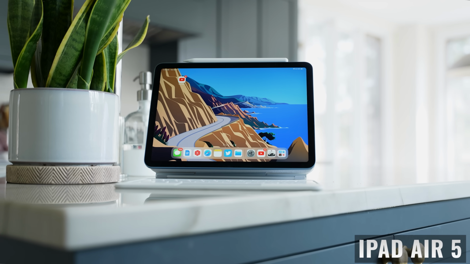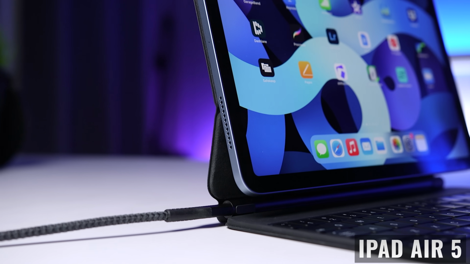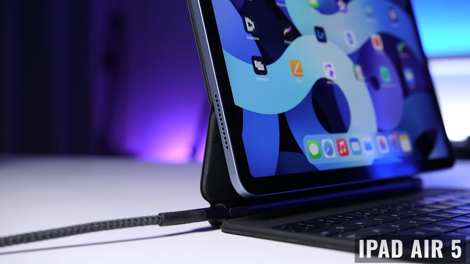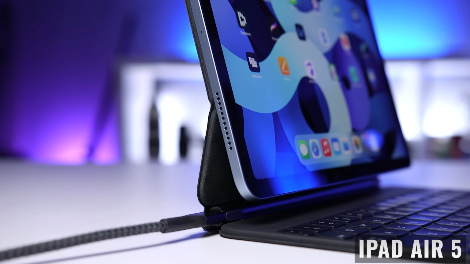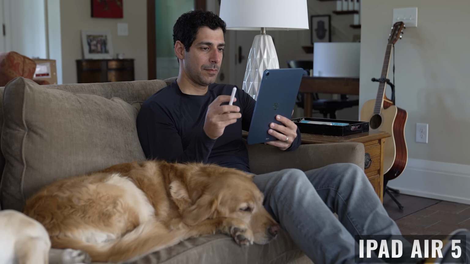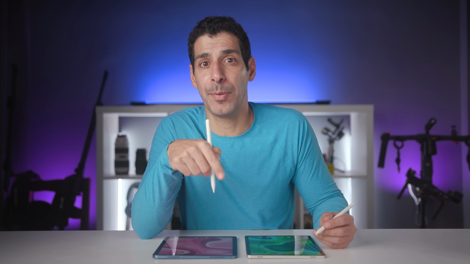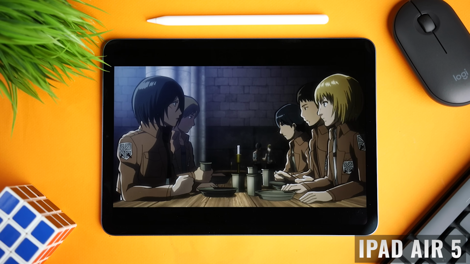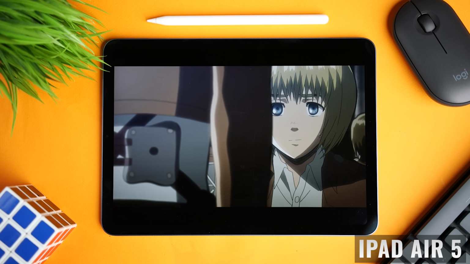Personally, I prefer the feel of the keys on the Magic Keyboard, and the trackpad is definitely better. The Magic Keyboard also has a USB-C pass-through, so you can charge your iPad while still being able to connect an accessory. Now moving on to stylus options, the iPad Air 5 is compatible with the 2nd generation Apple Pencil. It pairs wirelessly, it can be stored and charged on the side of the iPad, and it costs $130. It's also compatible with the newer USB-C Apple Pencil, which costs $79, but it doesn't offer features like pressure sensitivity, wireless pairing and charging, or the double tap functionality.